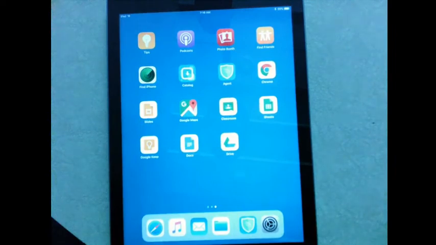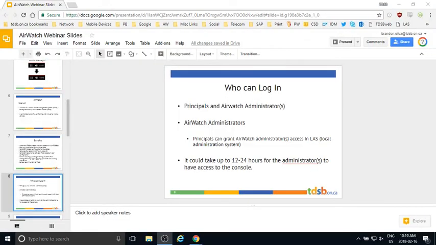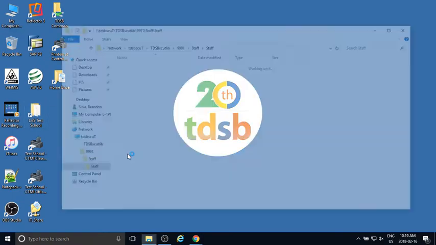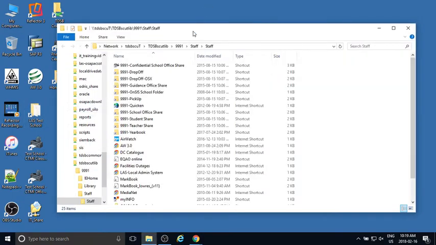I'm just going to switch back here. So, as far as actually getting to the AirWatch web console, that was all on the device side, right? So you can see that the iPads are all appearing. They all get the apps that we've pre-configured for them. We offer the catalog so that they can have on-demand apps restrictions. That's the device side, right? I just want to give you guys a quick show and tell of the actual AirWatch console.